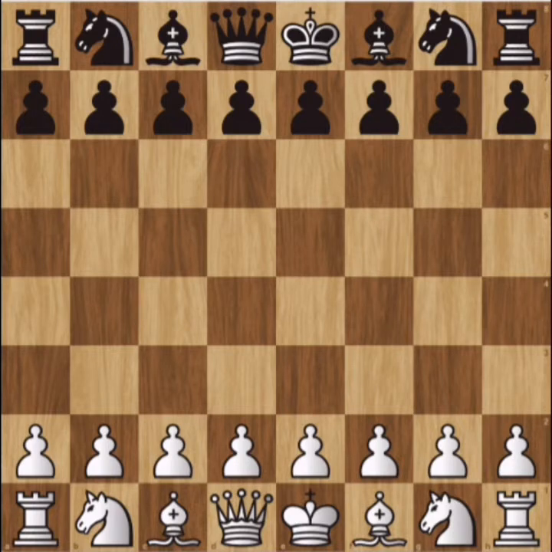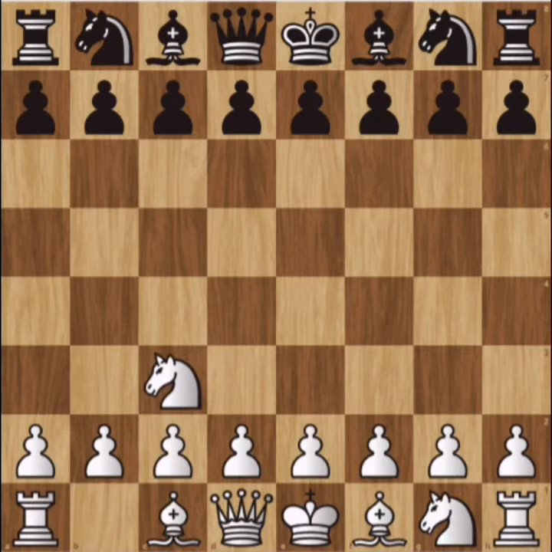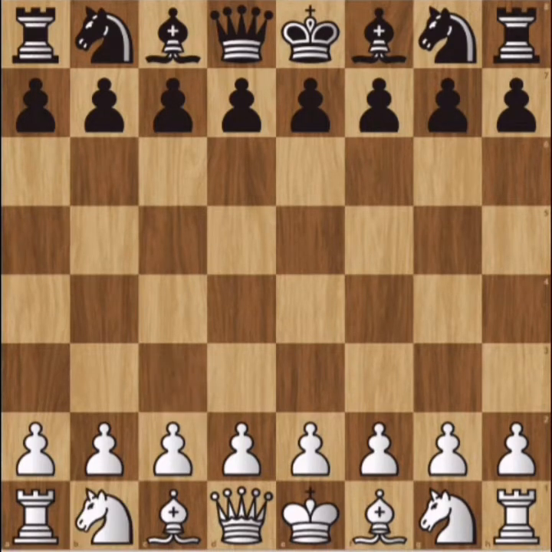When we write a move, we first write which piece is moving. For example, if we move a knight, we write N for it, and then we write which square it is going to. For example, if we have to move this knight to this square, we write NC3. Now you might be thinking what should we write if the pawn moves, as there is no letter for pawn. Now if we move a pawn to this square, it is written as D4 because the file is D and the rank is the 4th rank.